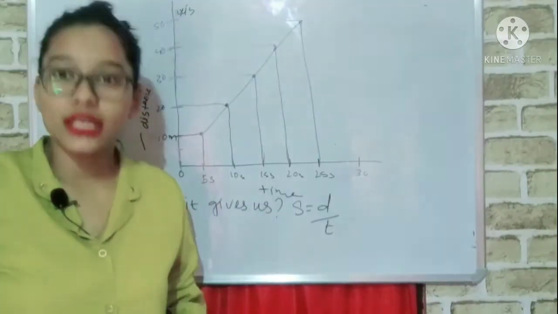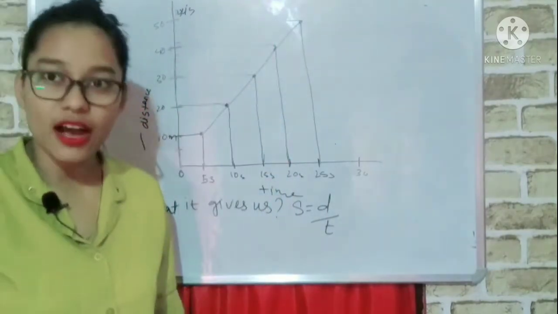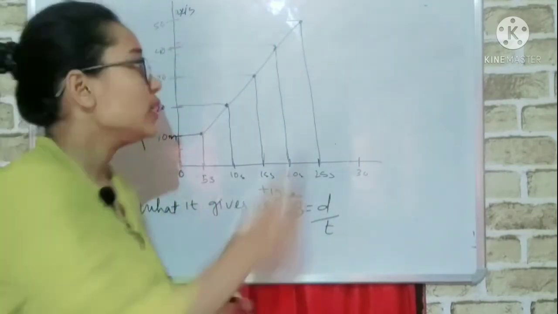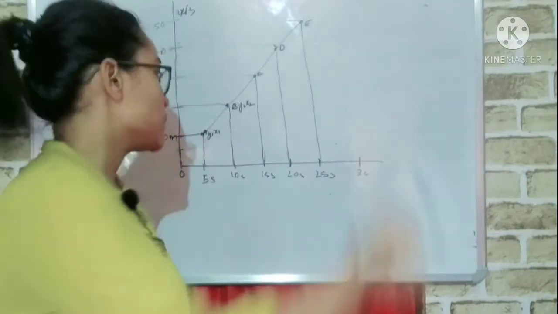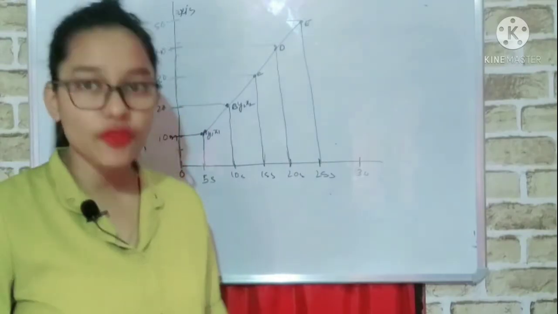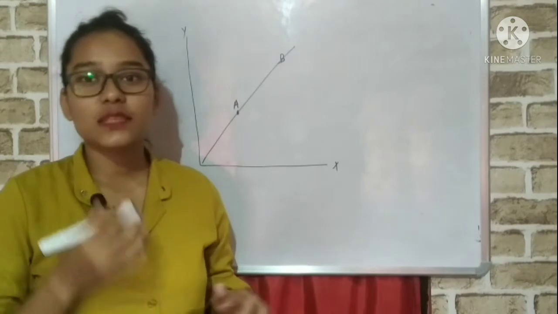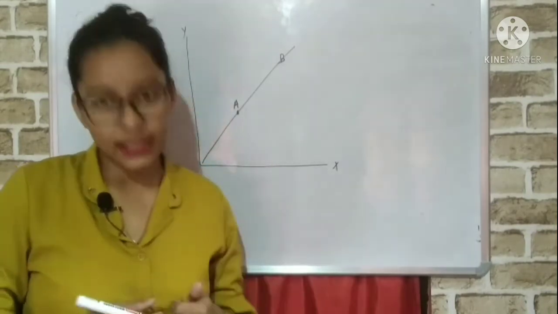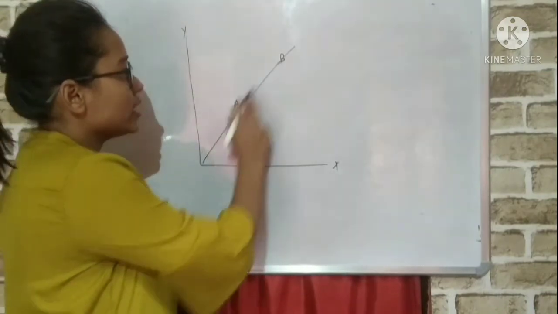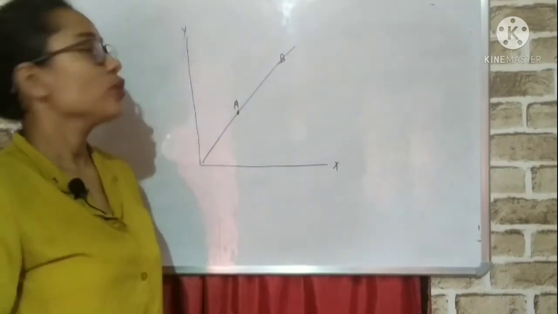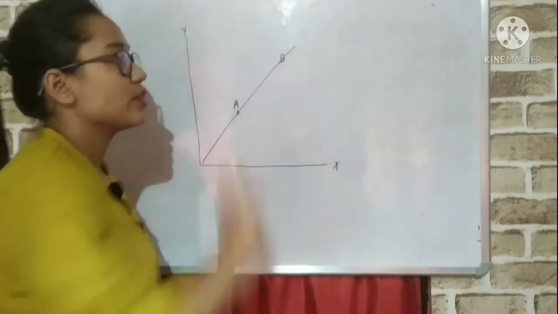When a body is moving in uniform motion, we get a straight line in the graph. Other than that, we also get slopes. Suppose I want to find the difference of speed between point A and point B. How will I find it? I will give you an example by which you can find the speed between two points in a graph. Suppose a car is moving from point A to point B. Now you want to know the speed at which the car is moving from point A